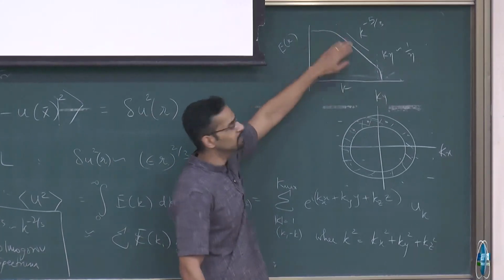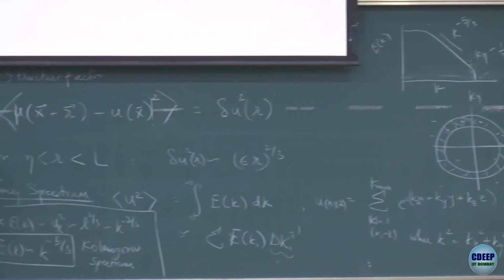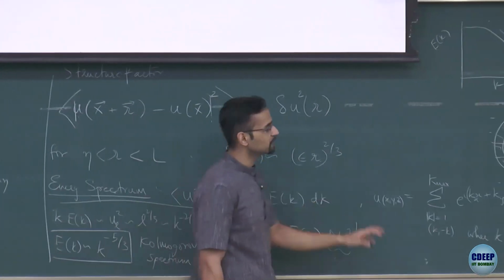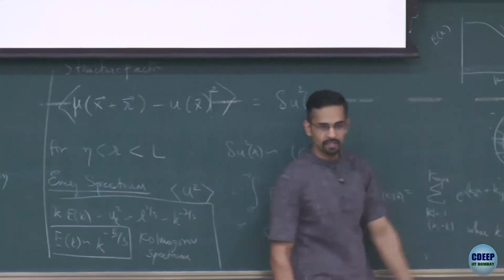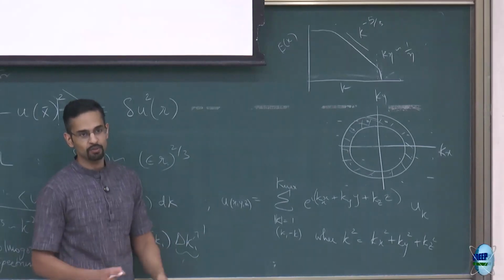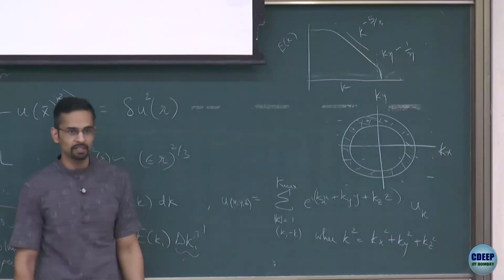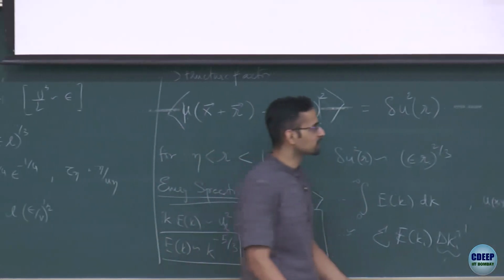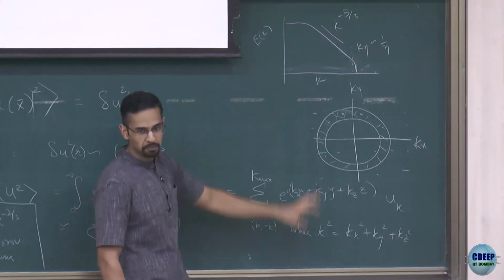But in this range, you have this k to the minus 5/3 behavior, which is the classic signature of 3D turbulence. So if you look at the lecture I pointed you to by Jeremy Beck on YouTube, he will show you experimental data from various real experiments, which have tried to achieve more or less homogeneous isotropic turbulence, and there you get this minus 5/3. So usually you will see it far away from walls, as I had said, or in grid turbulence. But you get very good agreement, at least of the energy spectra.